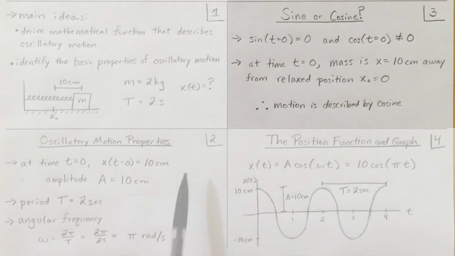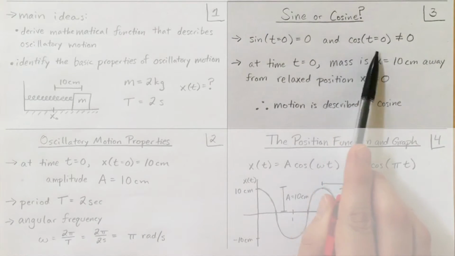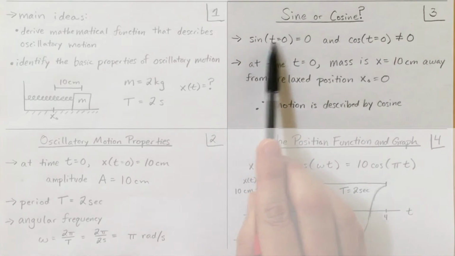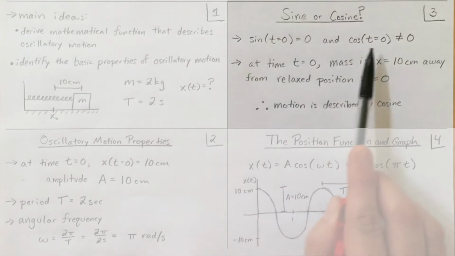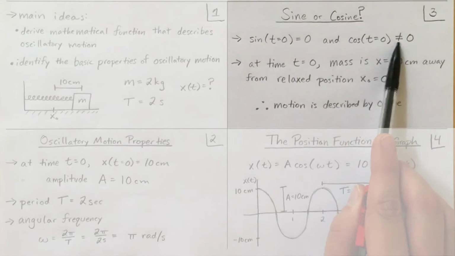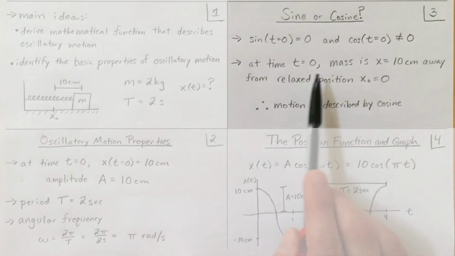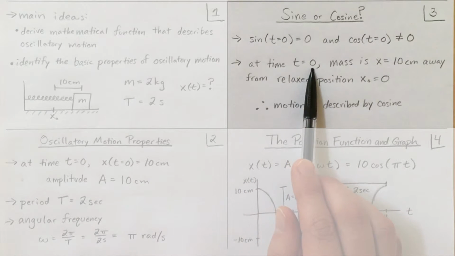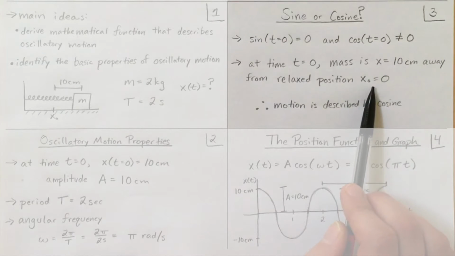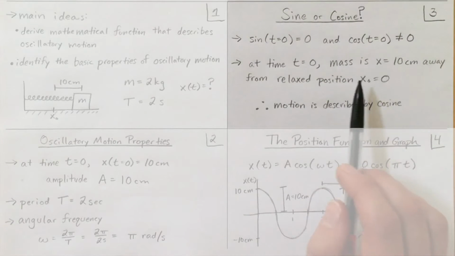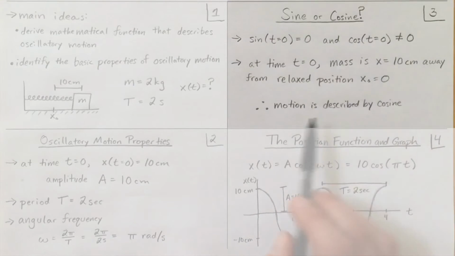The mathematical functions that describe oscillatory motion are sine and cosine, which have the definitions that at time t equals 0, sine of 0 is equal to 0, and cosine of 0 is not equal to 0. Looking at our situation, we see that at the initial time of t equals 0, our mass is 10 centimeters away from its relaxed position. That means that x of t is going to be non-zero, so we're going to want to describe our motion